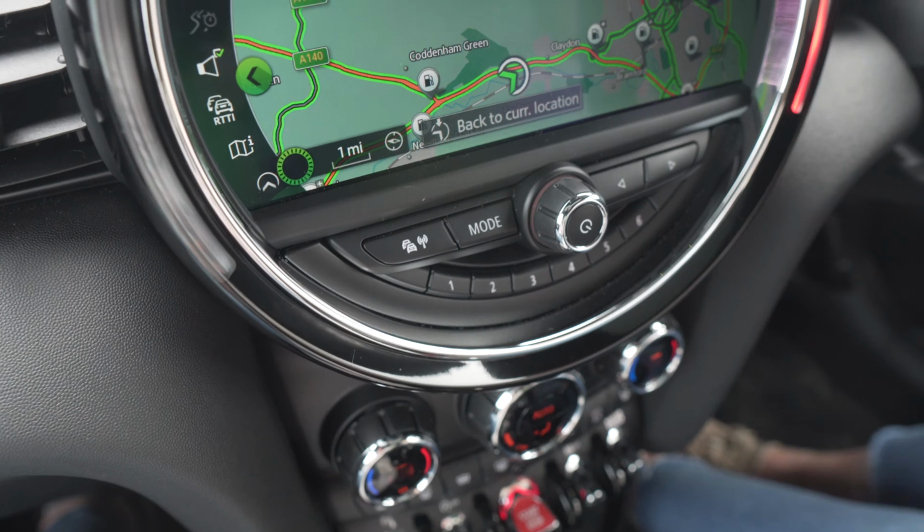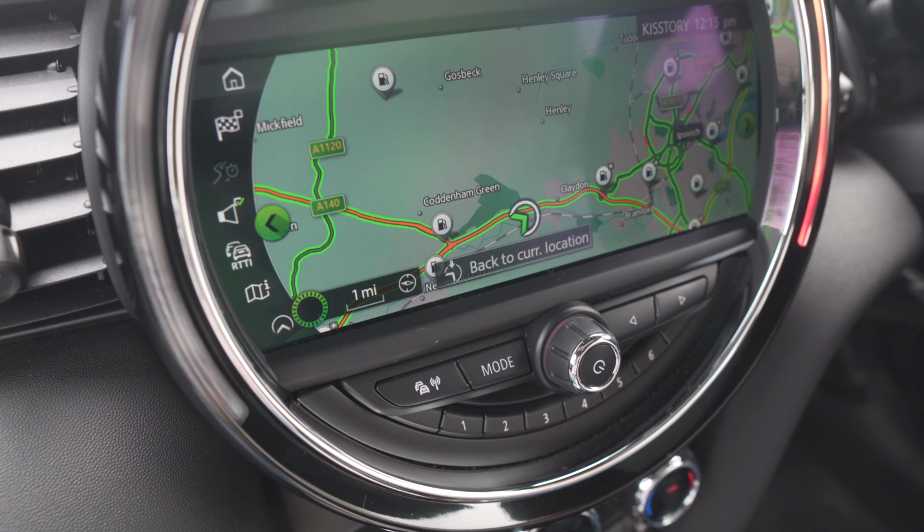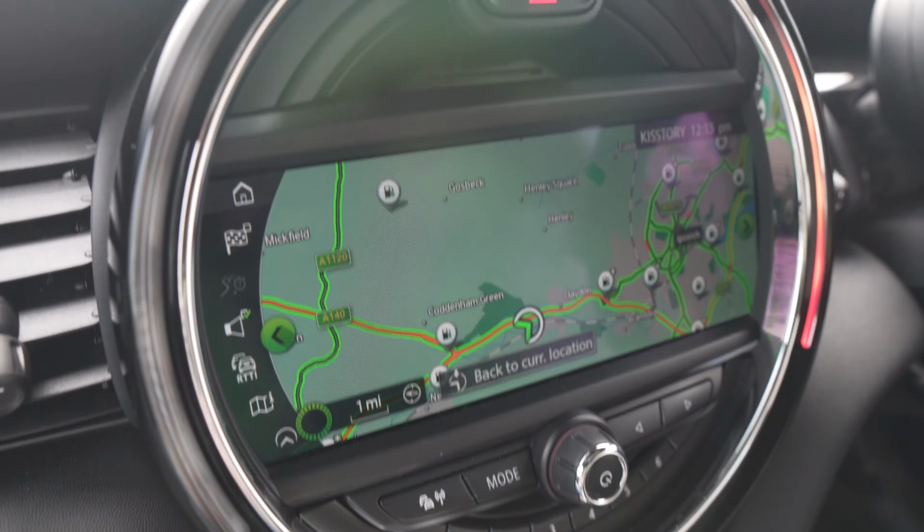Unfortunately, there's no standard sat-nav option in the Mini, so you do need to upgrade to get one. You do also need to upgrade to get Apple CarPlay as well, which I think is a little bit stingy when that's now free with even the base model Polos. If you upgrade to the navigation system, which comes with CarPlay, that's going to cost you about £700, which I think is probably a worthy investment, especially as CarPlay does then become wireless as well, so